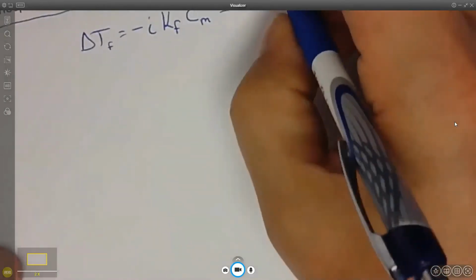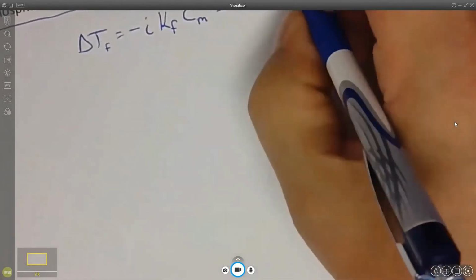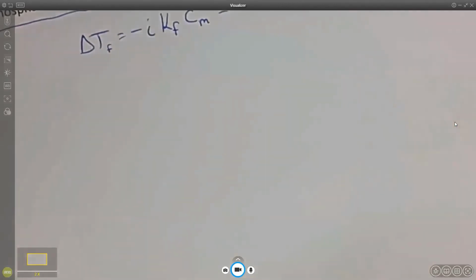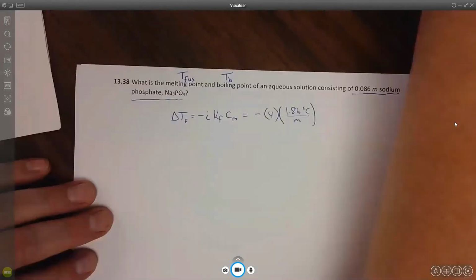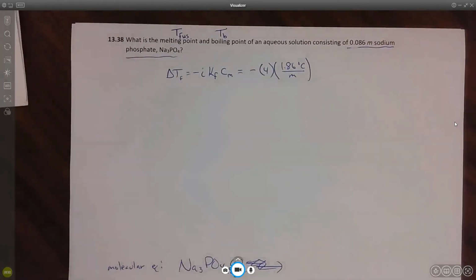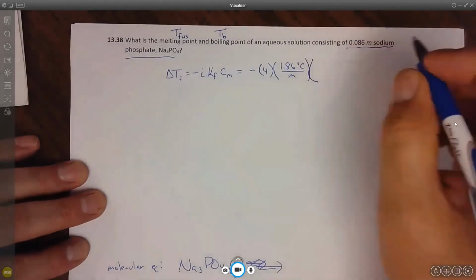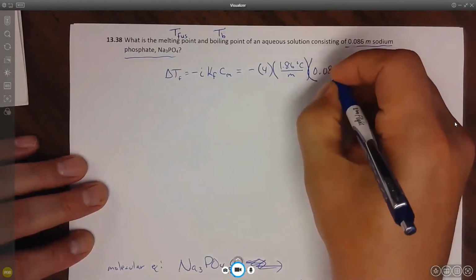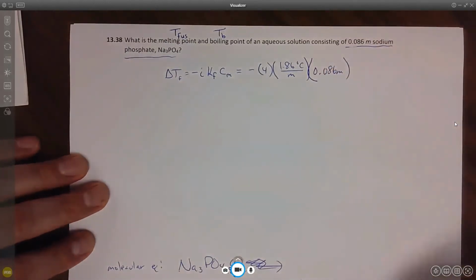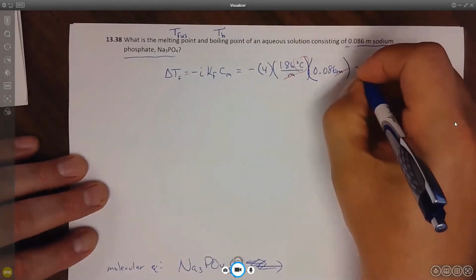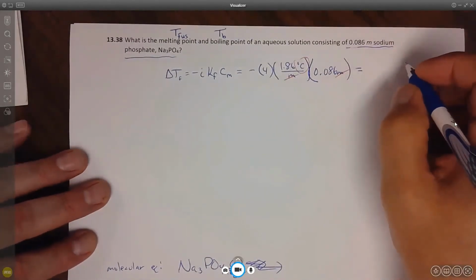Okay, so now we have the Kf value, the freezing point depression constant, at 1.86 degrees Celsius per mol. And then finally, the mol concentration was already given to us as 0.086 mol. So we can see that the moles cancel, and I'm left with degrees Celsius. And so that then is going to be equal to